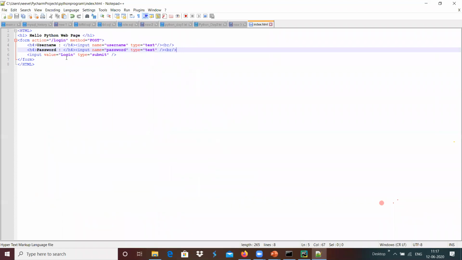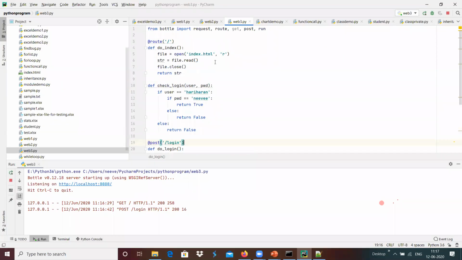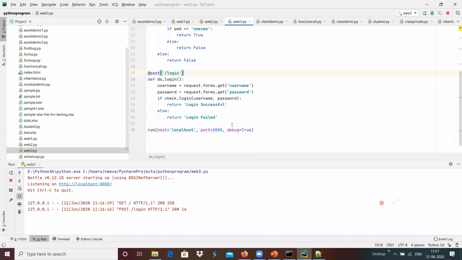Whenever we click the button of login, it submits the post request with the username and password. This is present in the HTML that we have loaded by reading that complete HTML file and loading it using this index function. And once it is loaded, if the web client generates the post request, it will be received by a route and then the respective callback function.